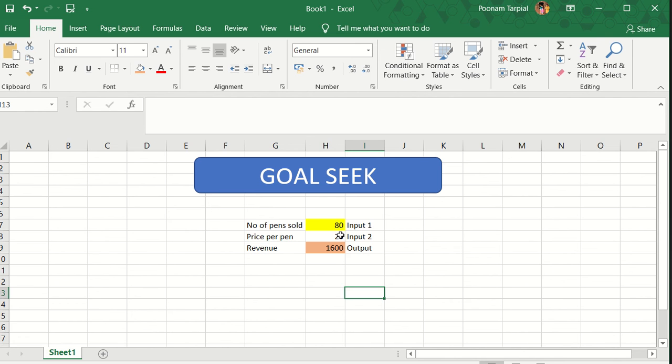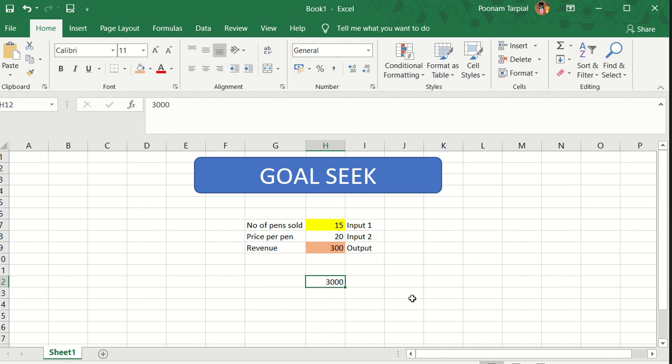But if I intend to reach the final output, my supervisor is asking me that tomorrow we need to generate a revenue of 3000, and I need to tell him how many pens I need to sell. That is what we use the goal seek formula for. My ultimate goal is to find out the number of pens, and that is what I'm seeking in the entire formula.